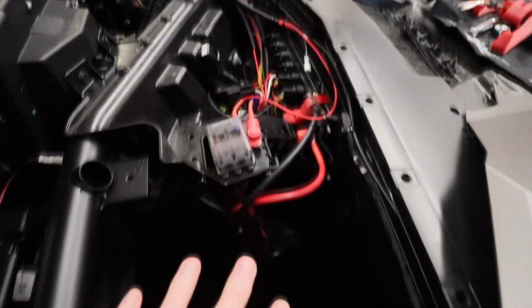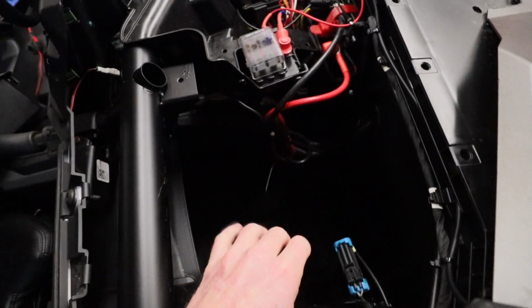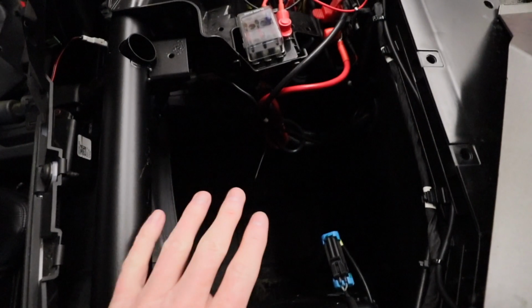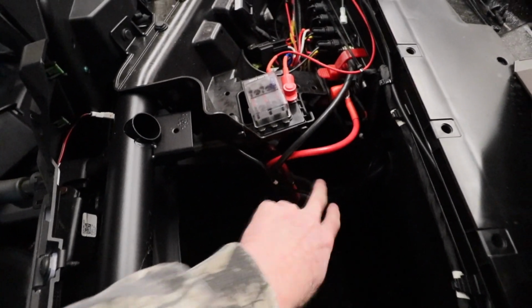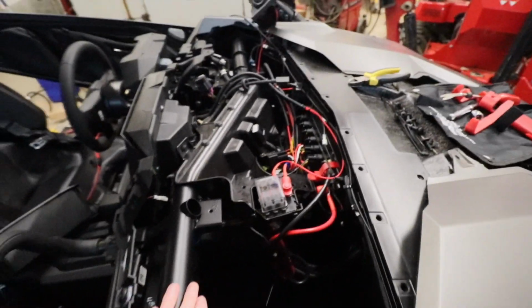I'm pretty happy with the stereo in this. I thought I was going to need to go to the Stage 4. But it's pretty loud. I mean, not that I listen to stereo much, but I think I've talked myself out of actually upgrading just because of the difficulty of getting that subwoofer in here. But if I did want to get it in here, I've left plenty of slack to move this stuff out of the way if it ends up being incompatible with that